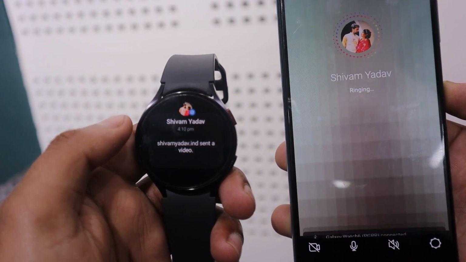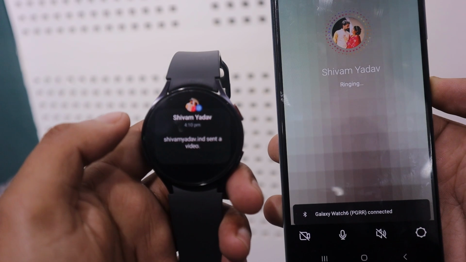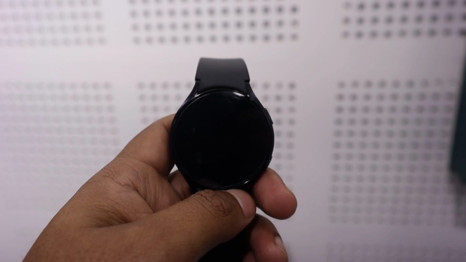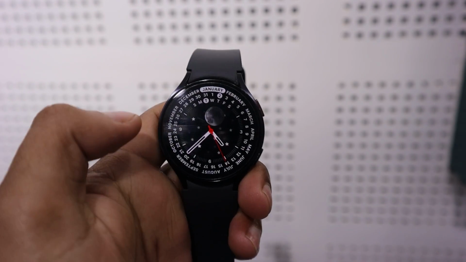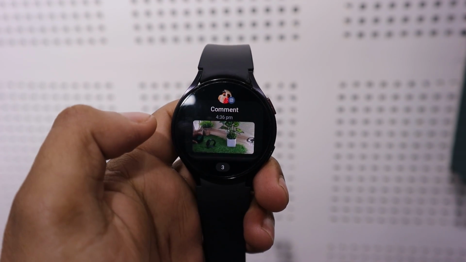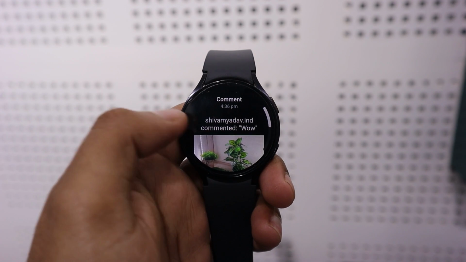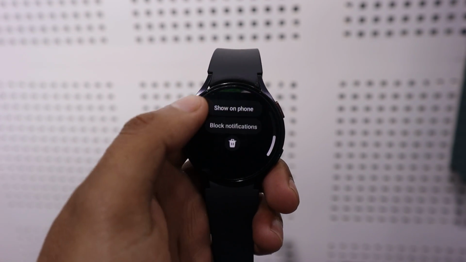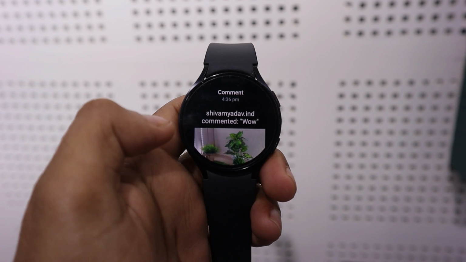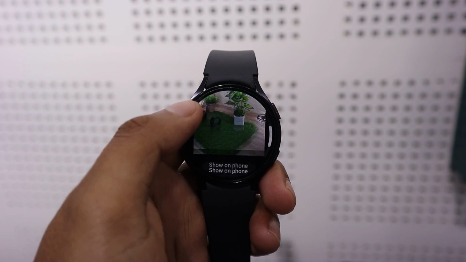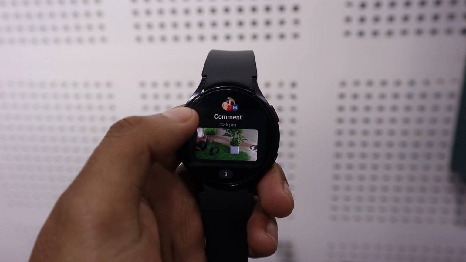This is how you can stay connected to your Instagram through the Galaxy Watch 6. If someone likes your photo, comments, or contacts you, you will receive notifications and you can reply through these notifications. However, one thing missing is the real Instagram experience. You can't view others' posts or like them. But don't worry, I will tell you how you can access Instagram with real experience on your Galaxy Watch 6